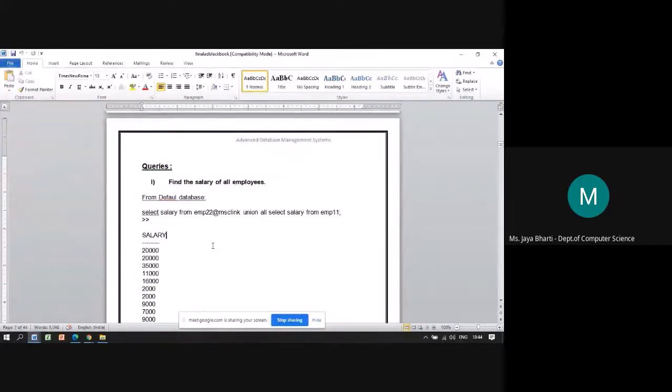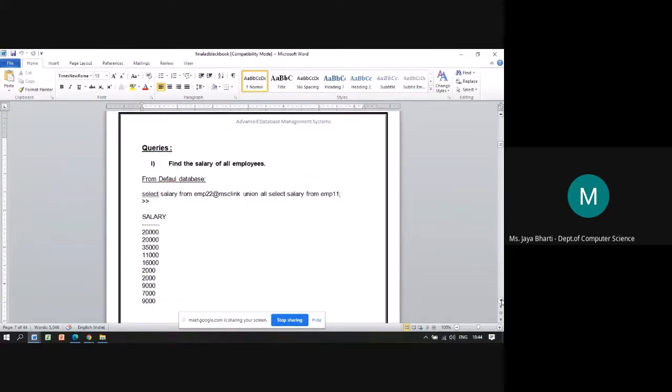Because the salary less than 10,000 is in one fragment and greater than 10,000 in another fragment. So they are just combining all the records into one. Select salary from EMP22@MSC link union all select salary from EMP11. So they are combining the records from two fragments and showing the result. Again we got the 10 values.